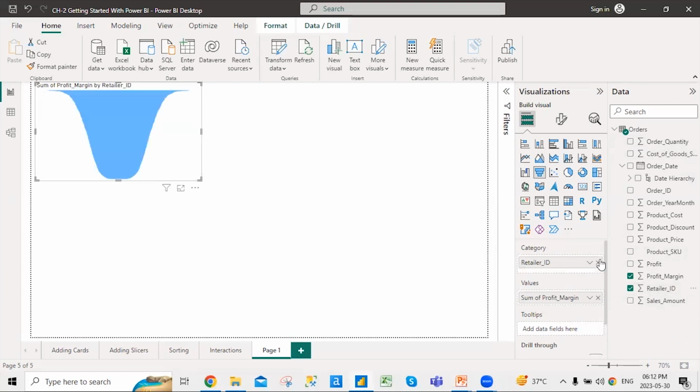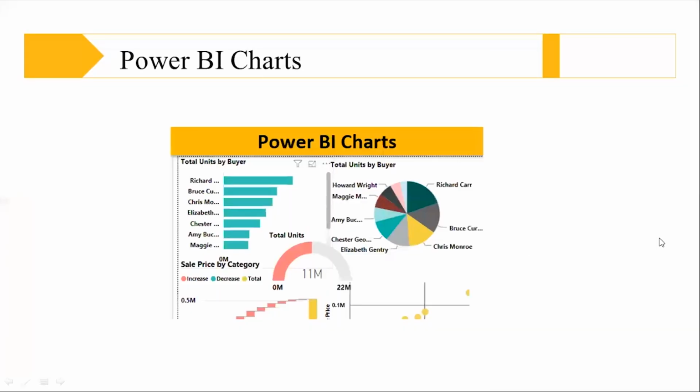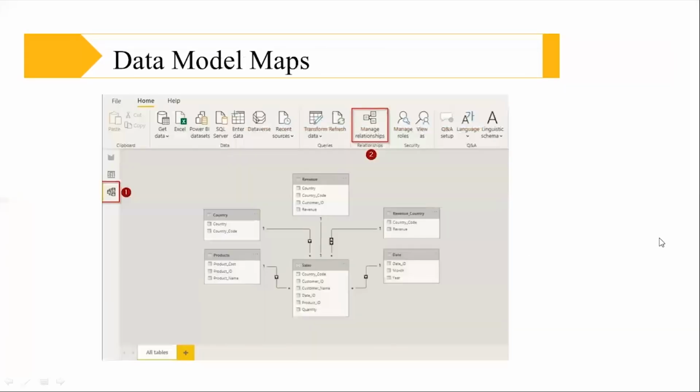So this is how we connect with our funnel chart or any of the charts. The combination of the charts forms a dashboard in Power BI. This is how we create a chart and format the visuals, the way I told you. These are all called Power BI charts. Now there is something which is called